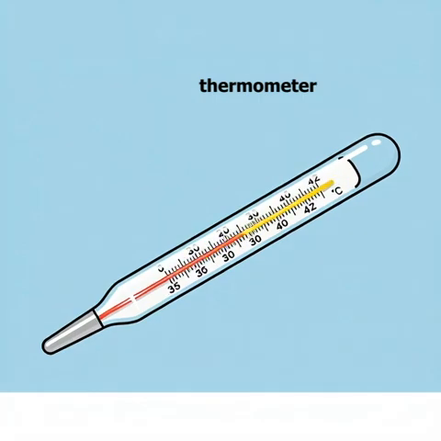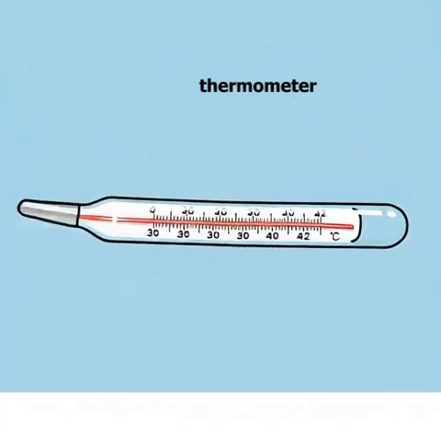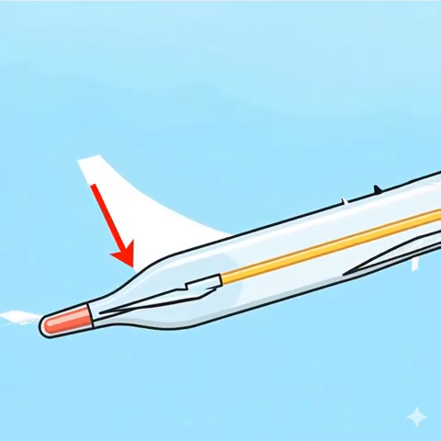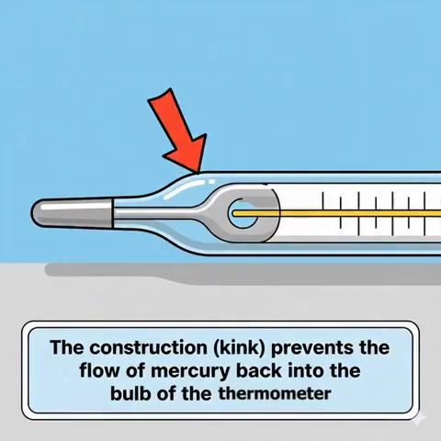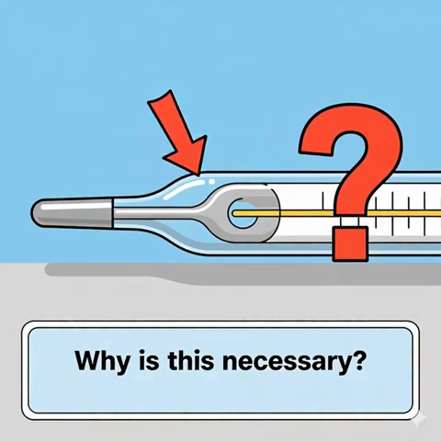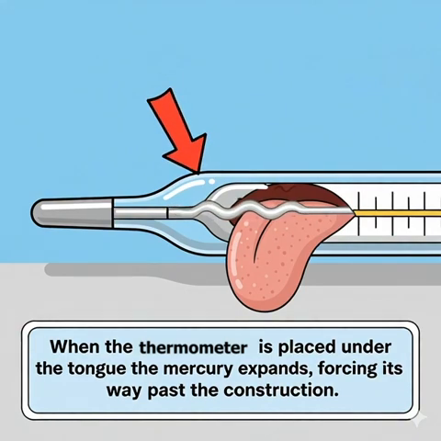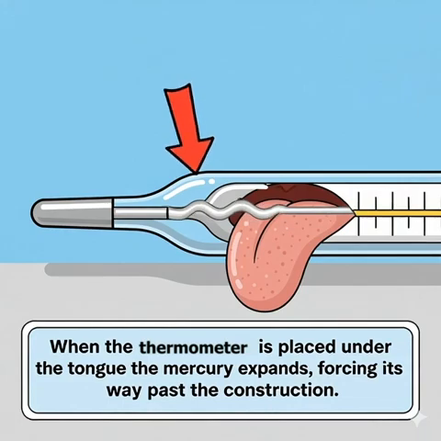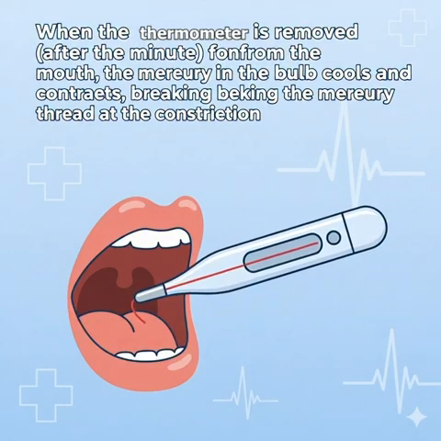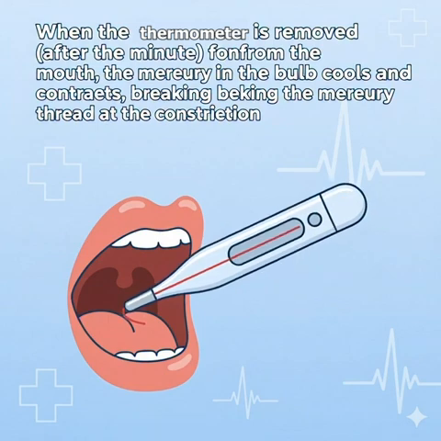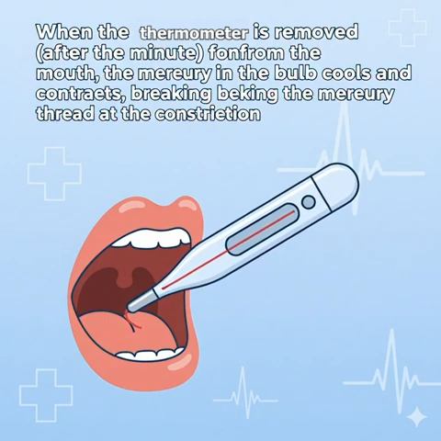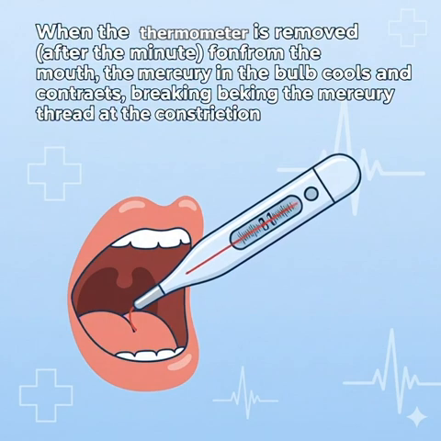Carefully observe the picture of the clinical thermometer. Did you notice that it has a bent part called constriction? The constriction, or kink, prevents the flow of mercury back into the bulb of the thermometer. Why is this necessary? When the thermometer is placed under the tongue, the mercury expands, forcing its way past the constriction. When the thermometer is removed, after 1 minute, from the mouth, the mercury in the bulb cools and contracts,